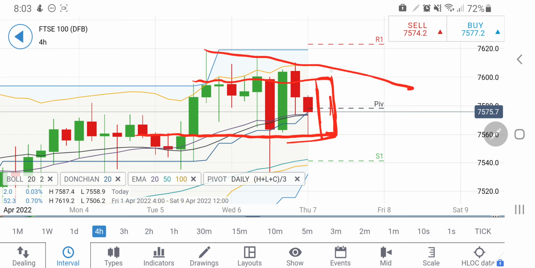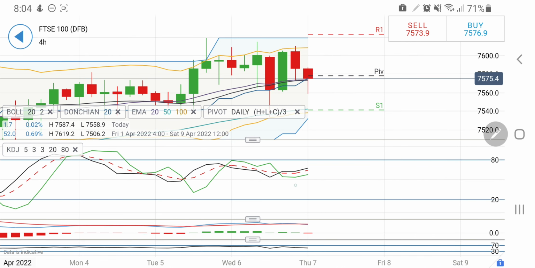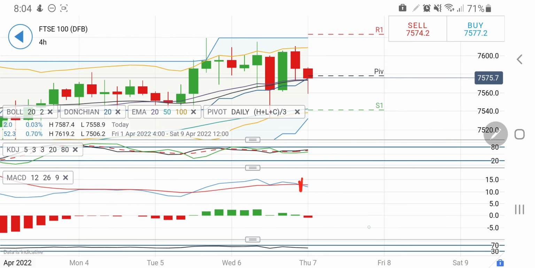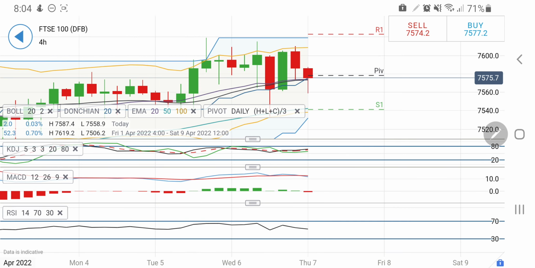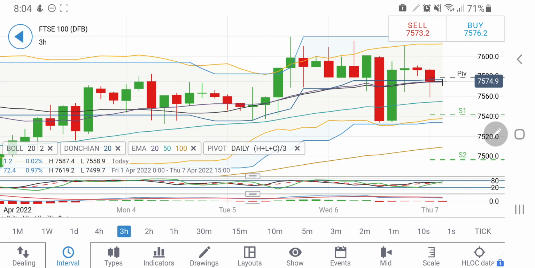See, on the upside there is still room for it to go till towards 7,610, which could be the high, and yes, there is a support at around 7,560. If it breaks 7,560, then you can expect that we may see 7,540 and below levels, and the next immediate support is at around 7,520 levels. The stochastic is trading at comfort zone. MACD has just crossed over on the 4-hour charts, indicating little bearishness. In fact, hardly anything for any decisive move on FTSE 100 today again, but yes, one can remain short till it's below 7,580 today, and rather I'll say 7,590. With the stop loss at 7,590, one can expect that it may try to drop. Look at the 3-hour charts.